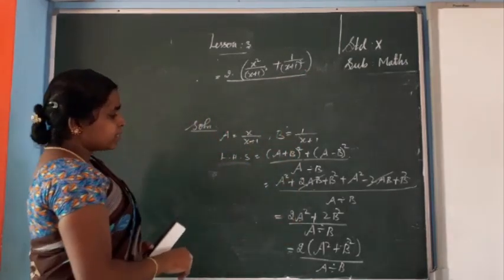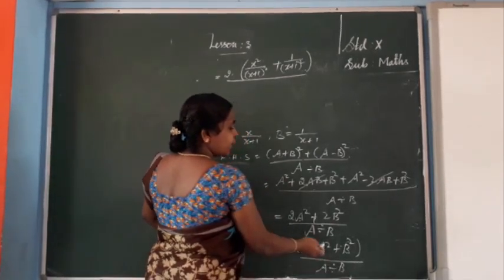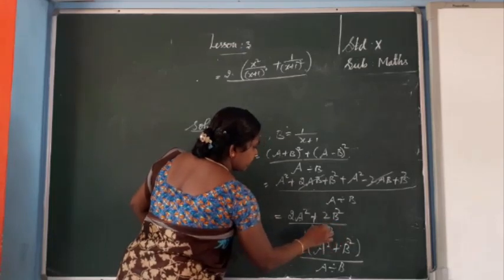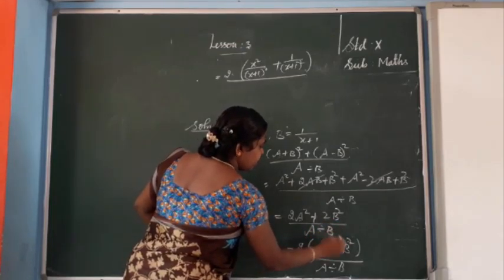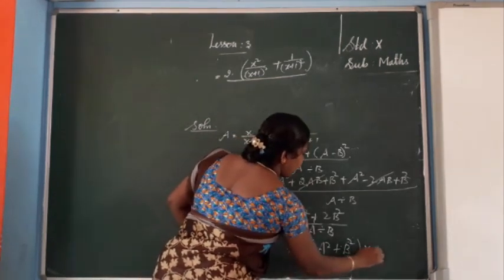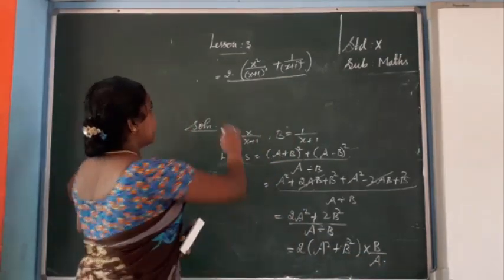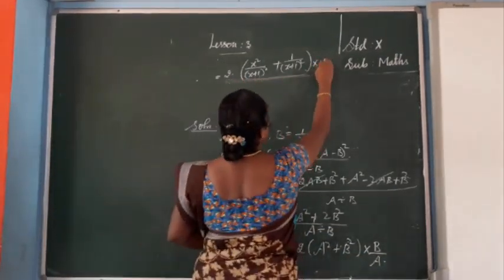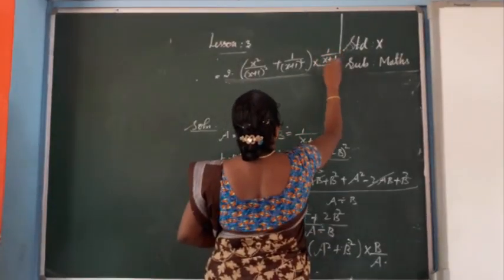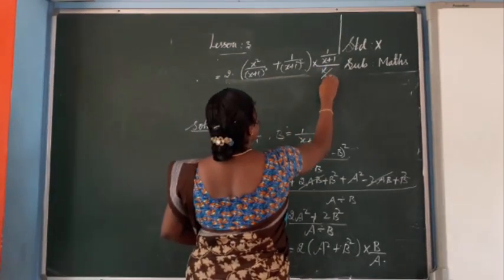Instead of dividing by a by b, you can multiply by b by a. Like that also you can take. Otherwise, you write it here: this is a divided by b. So instead of divide, how to put, into b by a, isn't it? Like that you can write. That is better, I think. So no need to write the denominator into b. B value is 1 by x plus 1, divided by, next here, a value is x by x plus 1.